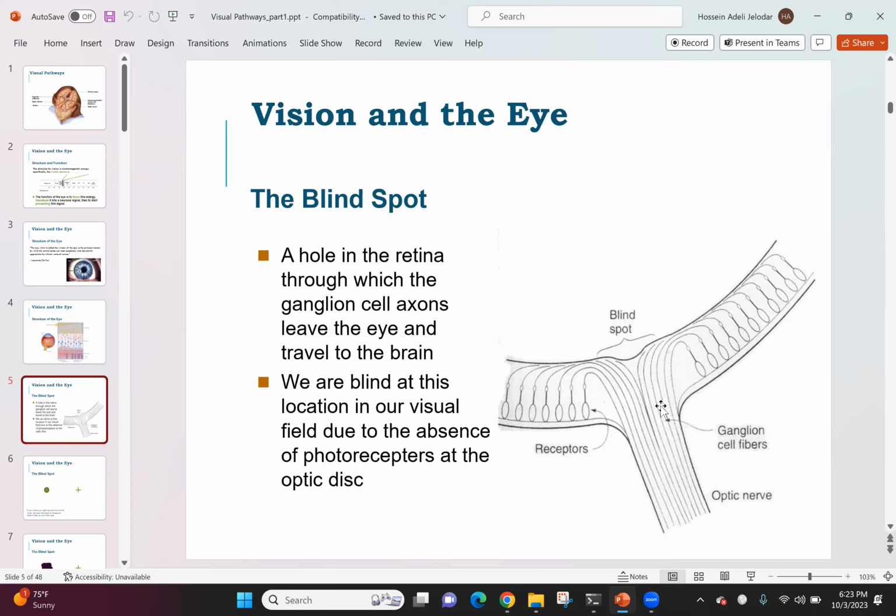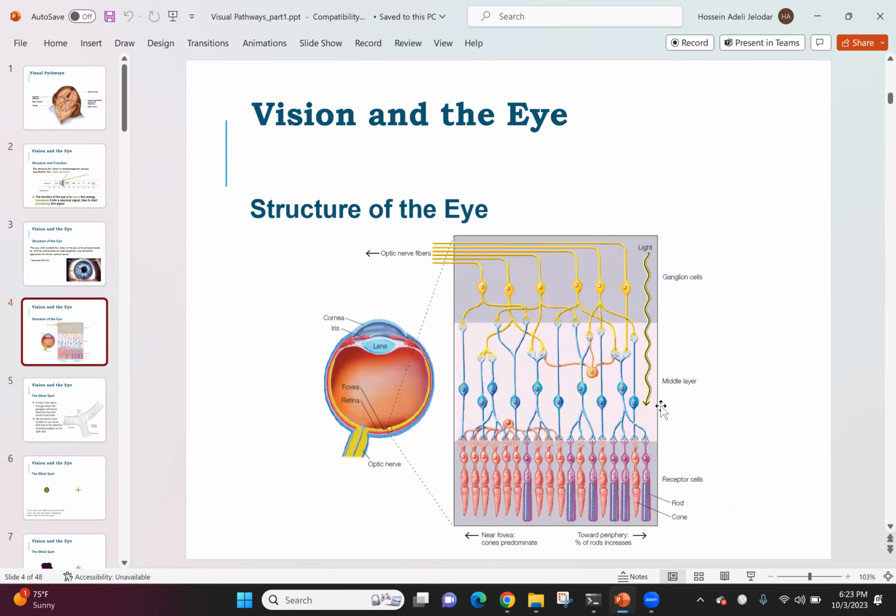So where that is, that's where the axons from the ganglion cells are leaving the eye. So the eye has a hole in it. And the reason the hole exists in the eye is because of this organization. I want you to understand the relationship between anatomy and function. So because you have this anatomy, because the photoreceptors are at the bottom and the light has to travel, and